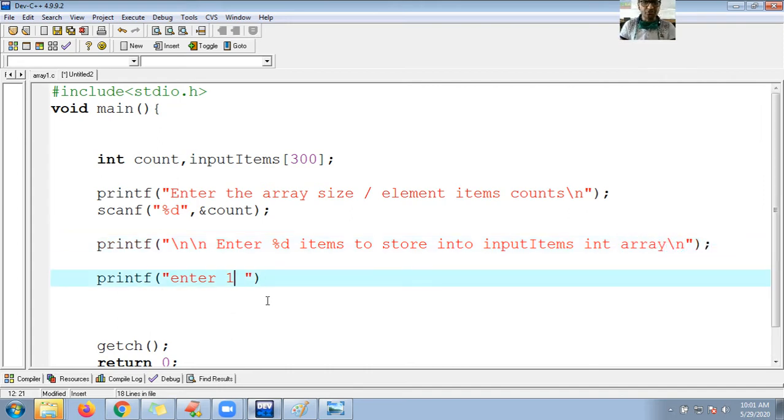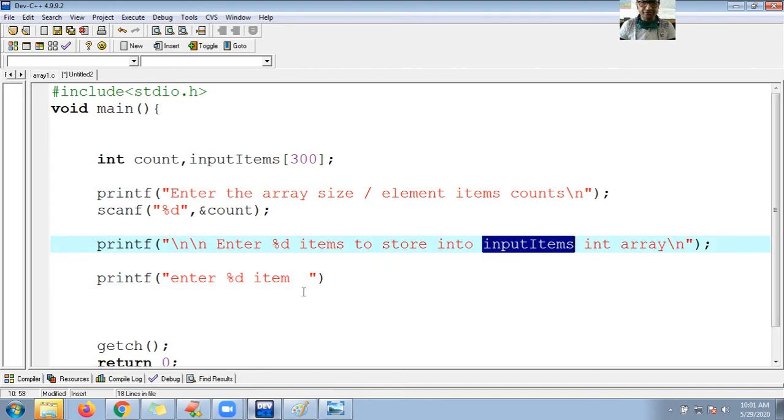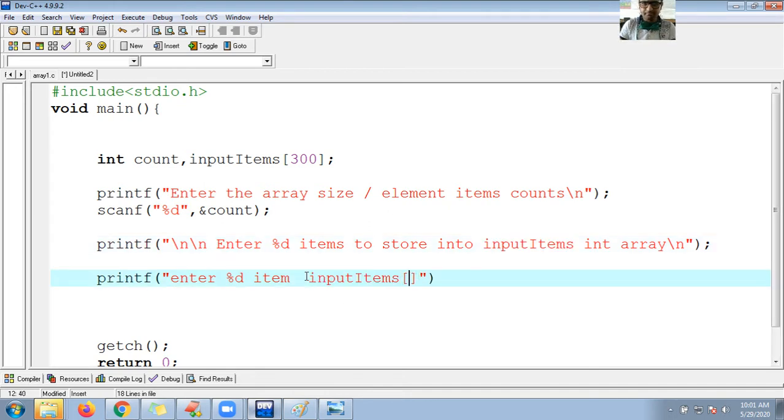Okay guys, so I will ask the user, %d enter item. Okay, enter one item, or you can call it items of 0, items of %d. So here %d :\n.